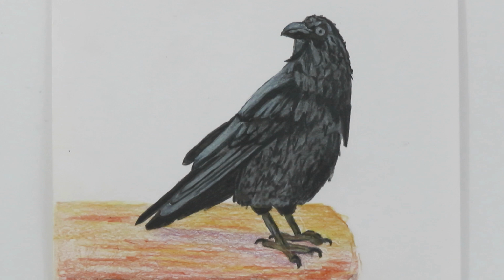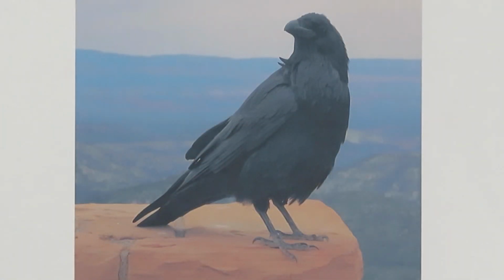In this episode, I will demonstrate a color pencil illustration of a raven on black ink. You might be asking yourself, why black ink? Simply put, it's a creative choice. Let me explain. Here is a reference photo of a raven that I took during a visit to Bryce Canyon